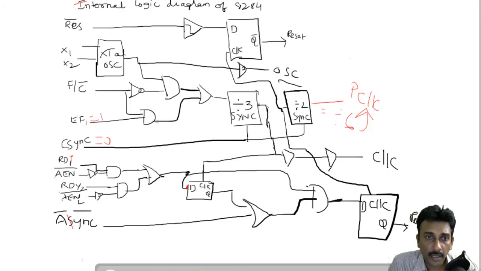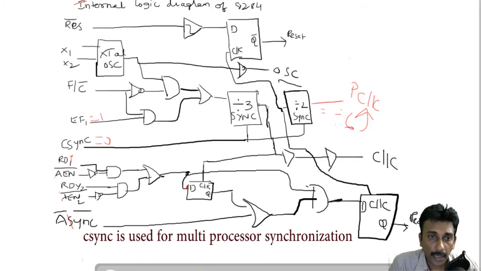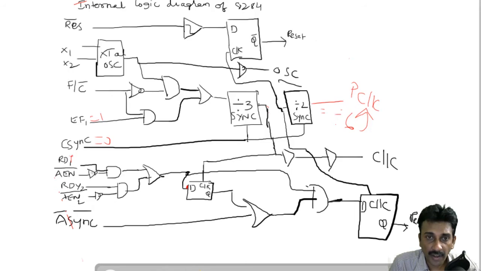ready synchronization. Coming to EF1, it determines which frequency is coming actually. If EF1 is equal to 1 and F by C is equal to 1, this AND gate will be enabled and the output will come out as the divided by 3 sync frequency. In both cases, the divided by 3 frequency will come out. If C sync equals 0, then this can be used for a multiprocessor configuration. AEN1 bar, AEN2 bar along with RDY1, RDY2 are providing the bus signals to the microprocessor in the form of